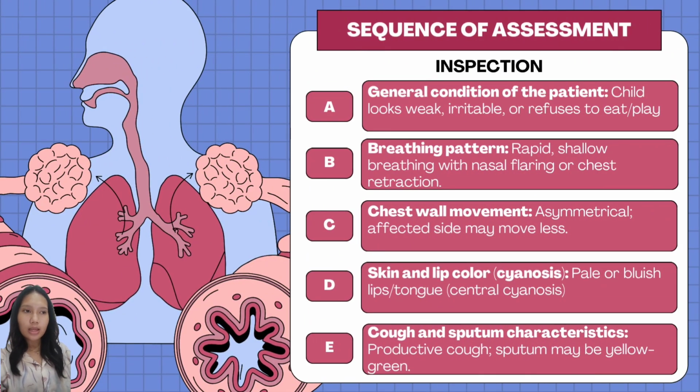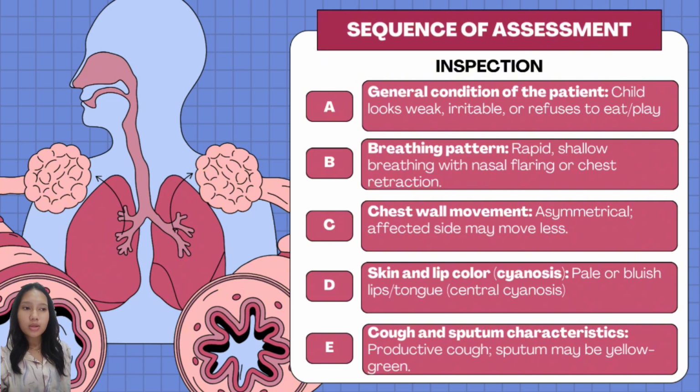Okay, next I will explain about the sequence of assessment. The first is inspection. General condition of the patient: the child looks weak, irritable, or refuses to eat or play. Breathing pattern,